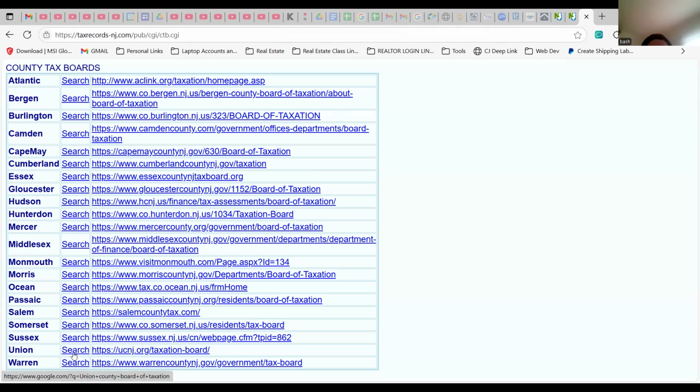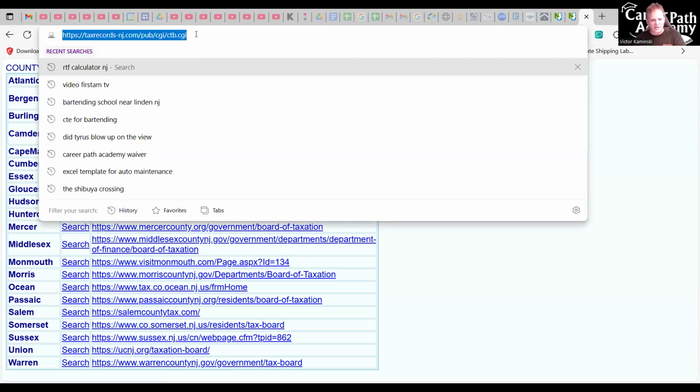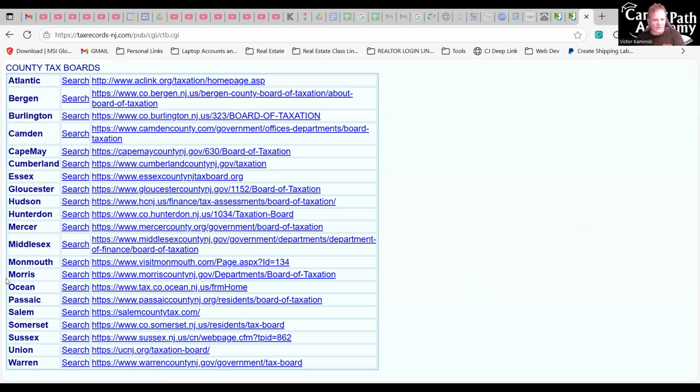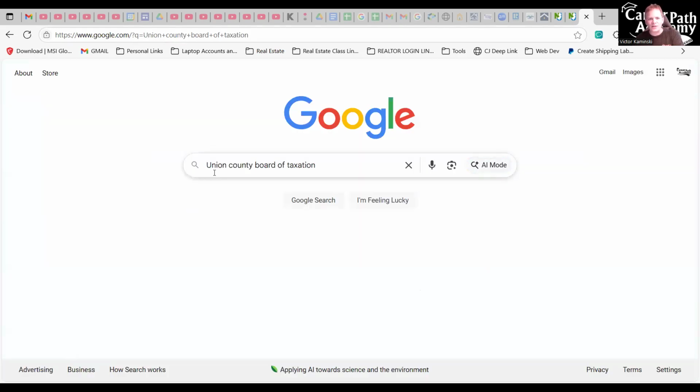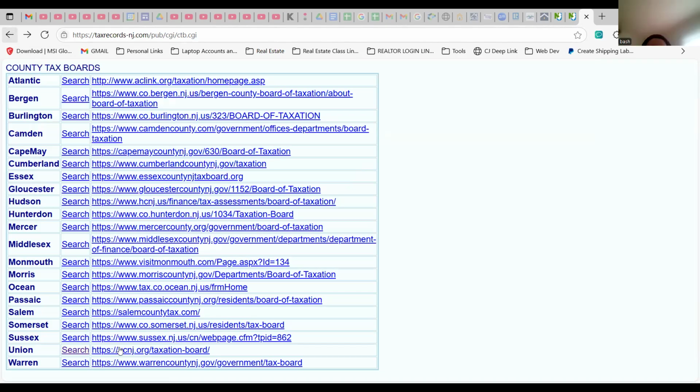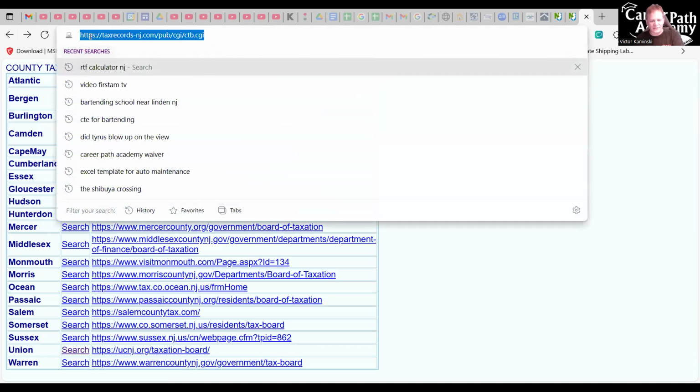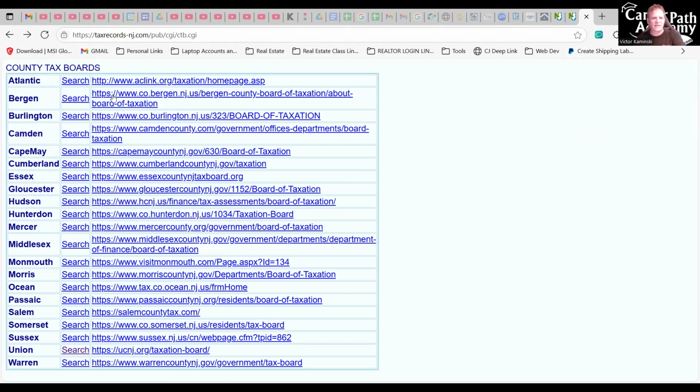Can you post a link of this? Sure. Let me get all these links, because this is another different link that they gave us here. But I think if you click on these searches, this doesn't take you to the actual tax search. Let me see, if I click on that, no, it takes you to Google to search for Union County Board of Taxation. But this has the links to all of those websites. So you know what? I'm going to take this one as well as those previous ones, and I'll share it with you.